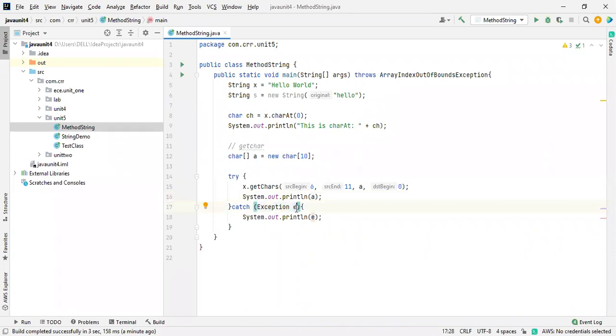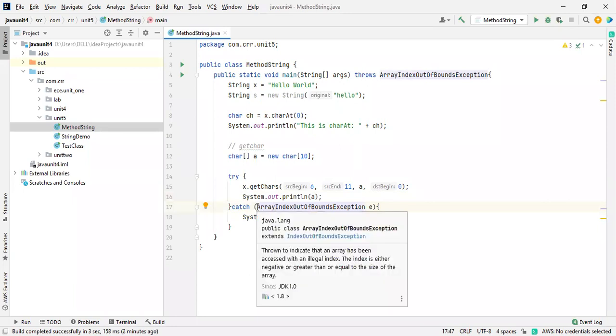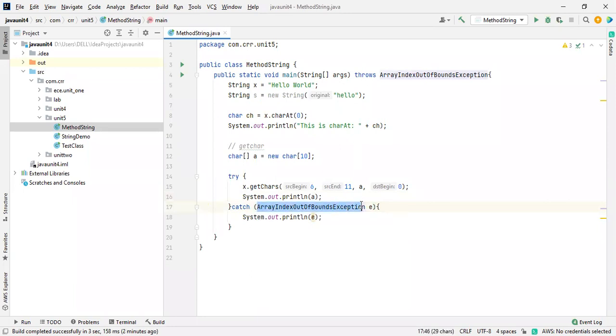There is no need to mention IndexOutOfBoundsException e, or a particular exception over here. Directly by using Exception, you can handle anything. You can handle anything. Okay. This is all about the try and the catch. Now we are going to discuss, just a second, getBytes. So how are you going to use getBytes?